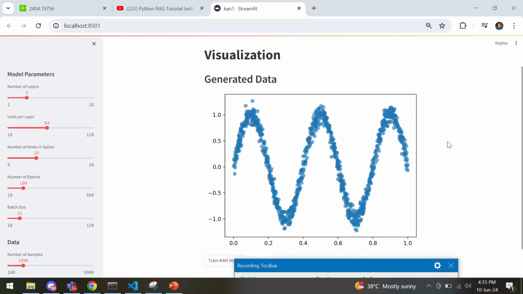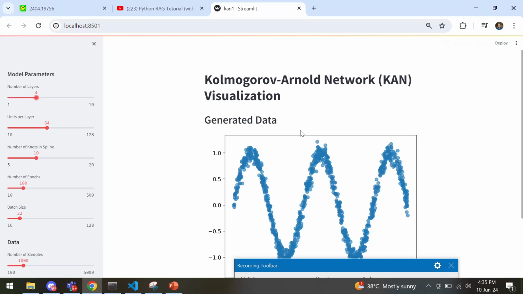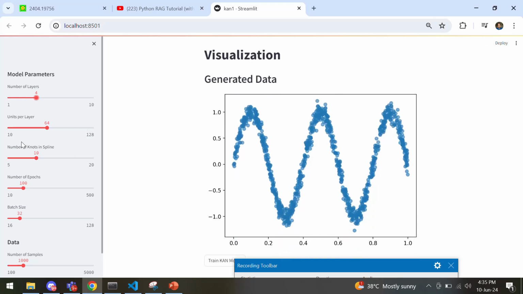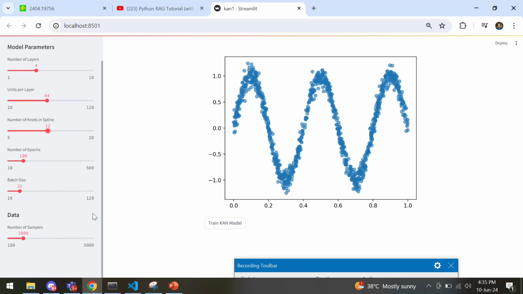Okay, so this is the generate synthetic data. Now we can also change the number of layers accordingly. As it changes, you see the changes happening accordingly. You can also change the number of knots in a spline, and the number of epochs you can also increase, but I am keeping it as it is. Now if I click on train KAN model,